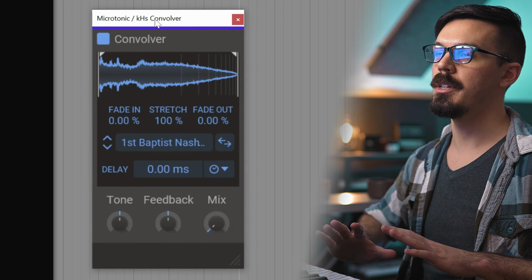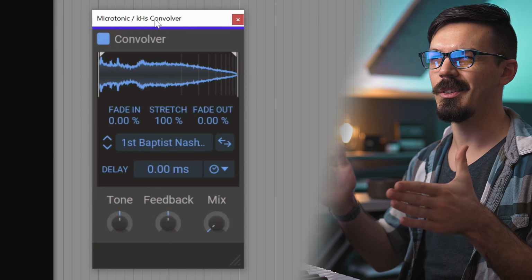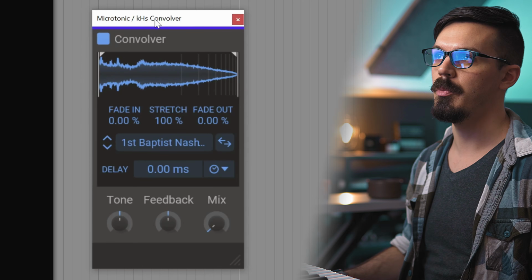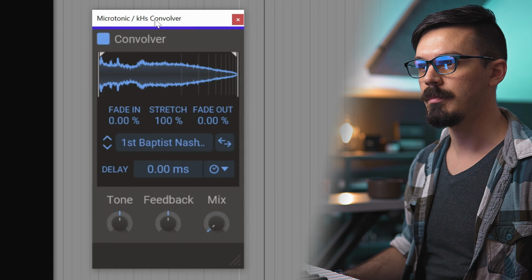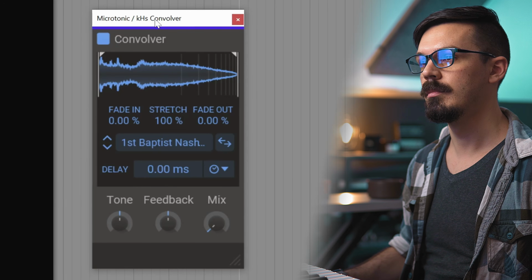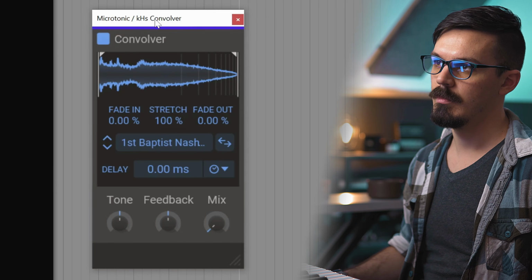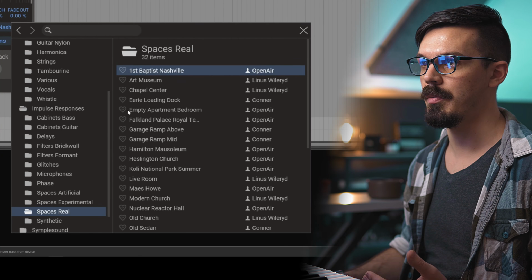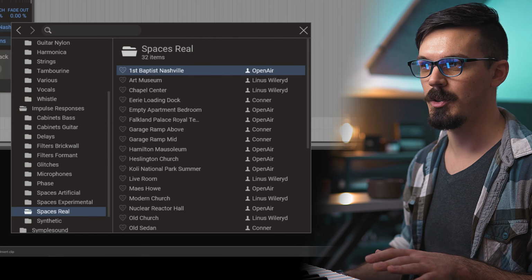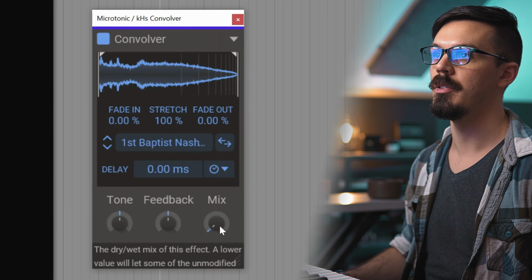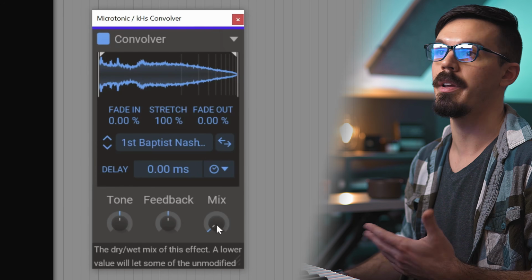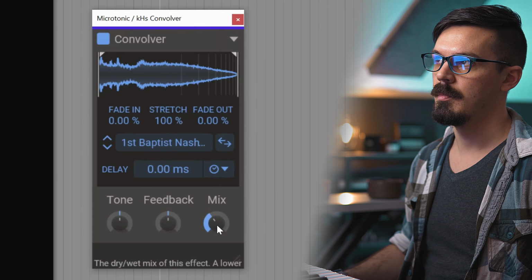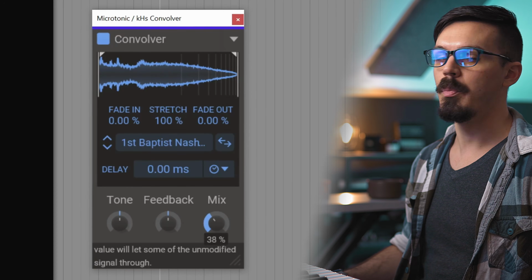So to demo this, I wanted to just run through using convolution on a little demo track I've created here. I've loaded up my convolution reverb plugin on a drum loop, which currently sounds like this. And we can select an impulse response. The Kilohertz Convolver comes with a lot of different sounds, so I've started in just the real spaces because this is typically what you hear convolution used for, is reverb. So this is a recording of a church. If we push that to wet,